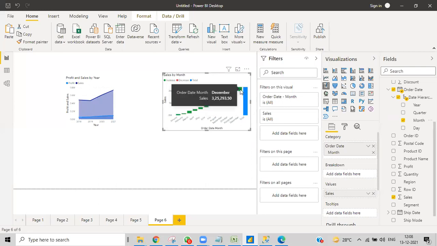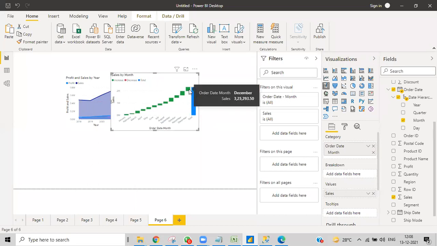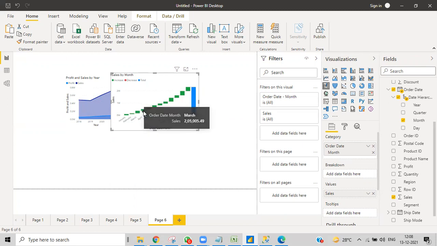If there is a decrease, then obviously it will fall and show in some other color, red color. If we have created data with both growing and decreasing, then obviously we can show that over here. All the growing things, increasing from the last month to this month, last month to this month, and the last month to this month, will be in green color. When you show it in this one, obviously it will be in this color.